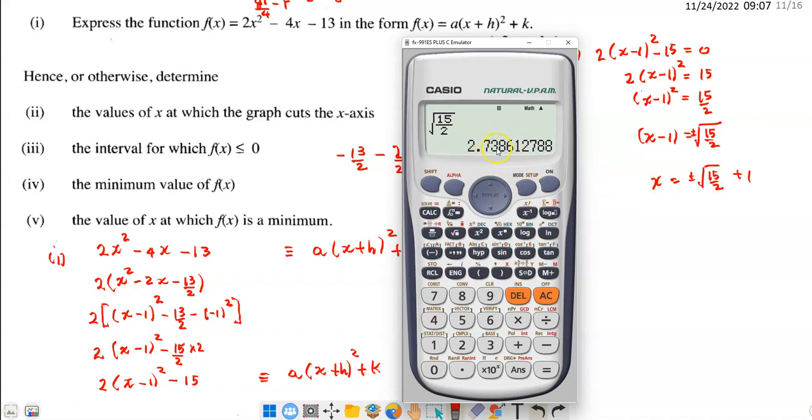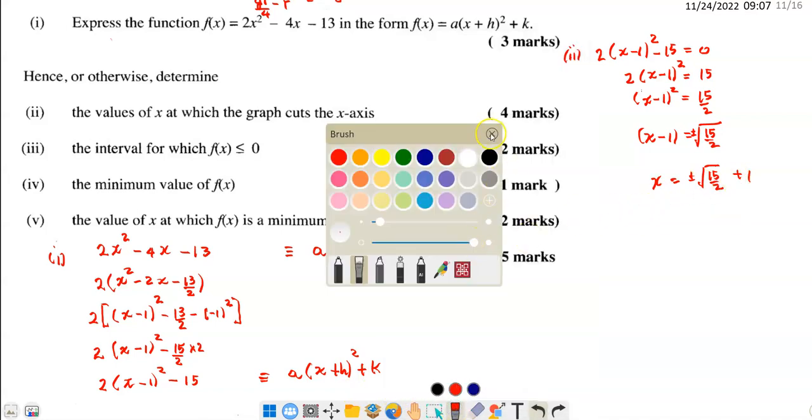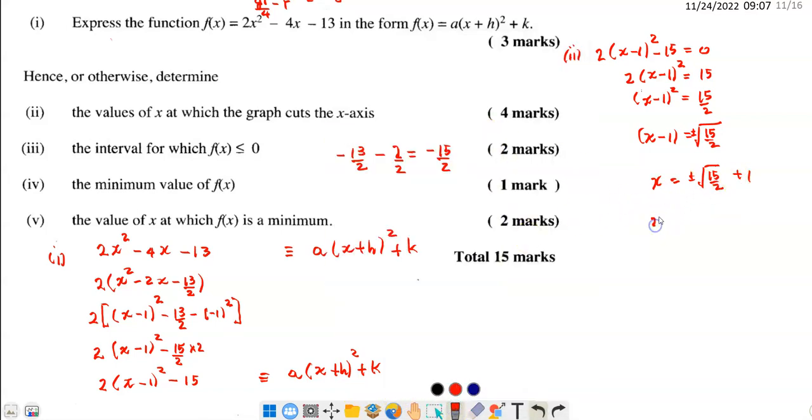We're going to round it to 2 decimal places, so we get 2.74. So what we have there is x is equal to plus or minus 2.74